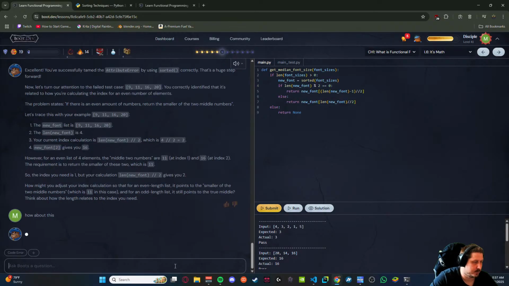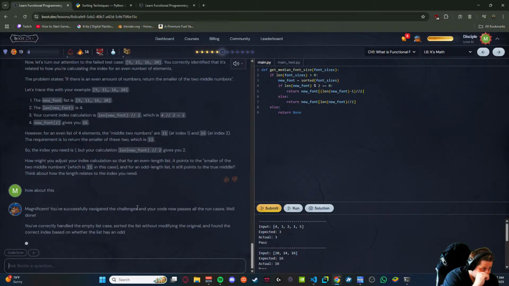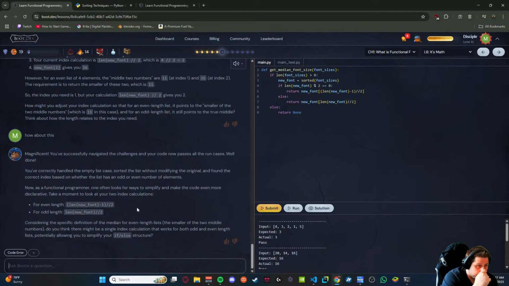How about this? Magnesium is to navigate the challenge, and your code now passes all the tests. Well done. You correctly handled the empty list case, sorted the list without modifying the original, and found the correct index based on whether the list has an odd or even number of elements. Now, as a functional programmer, one often looks for ways to simplify.